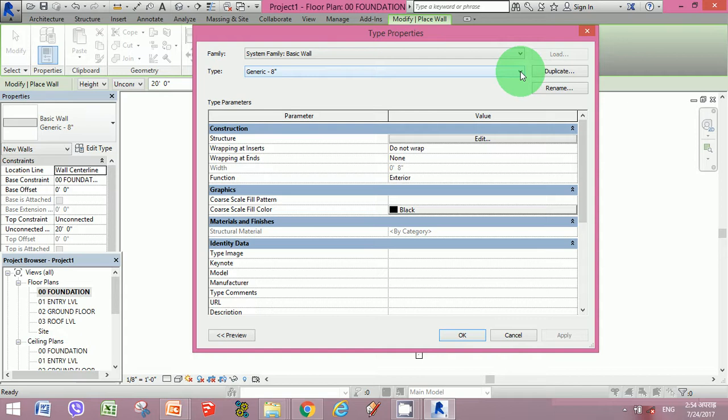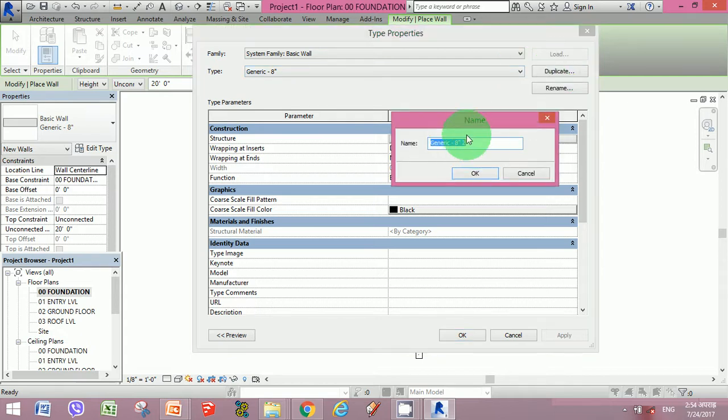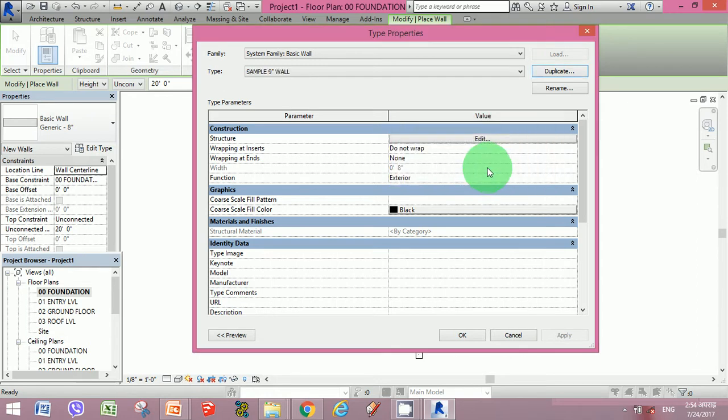We would make this wall our own type. We would first duplicate this wall. Let's duplicate it, and once it is duplicated, let's rename this wall as sample 9-inch wall. So this is the sample 9-inch wall we're going to use for the project.